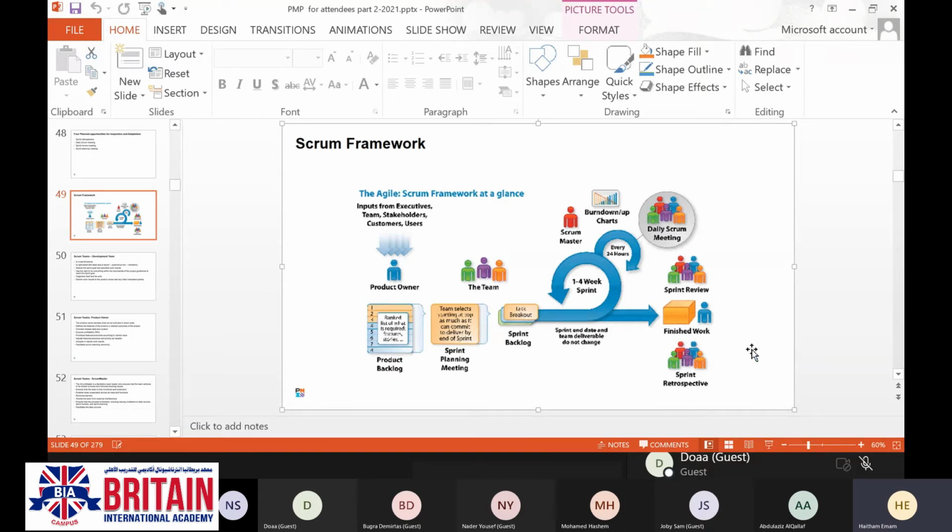But before moving up to the next one, we are going to have a sprint retrospective, which will happen at the end, not after completing the work. It will be at the end of your sprint or at the end of your iteration.